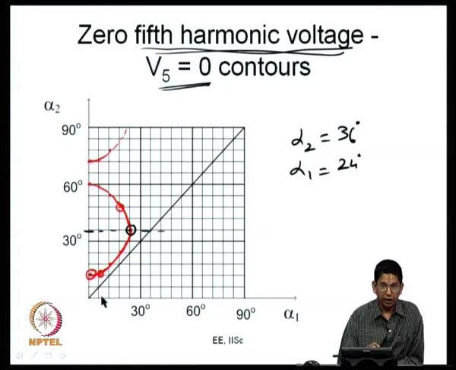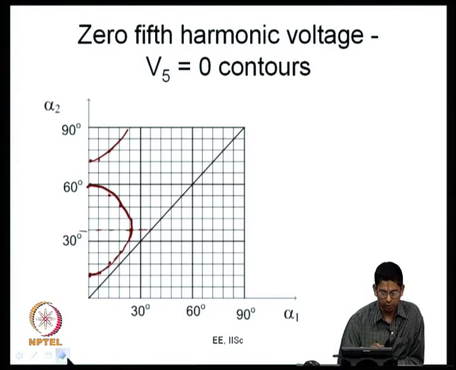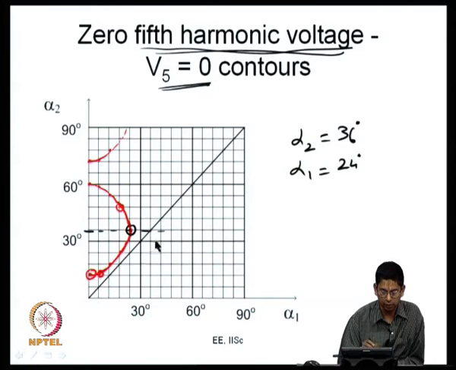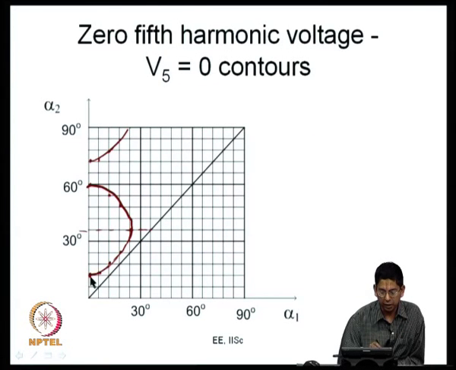Now, if I increase alpha 1, the equation has a cos 5 alpha 1 term. So, the cos 5 alpha 1 value is not going to change if I change 5 alpha 1 by 360 degrees, that is, change my alpha 1 by 72 degrees. So, if I go here by 72 degrees, and then another 72 degrees, let me go back to the previous one to look at that, or maybe you can even look at a fresh plot. So, if you have a point here, 72 degrees later you will also have a point here.